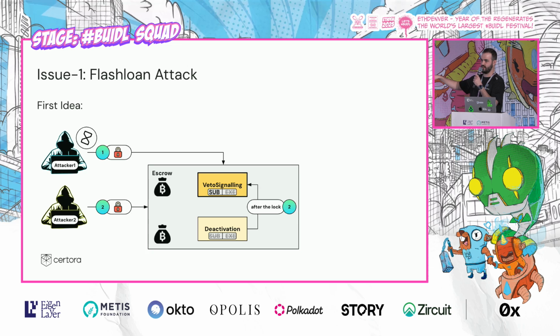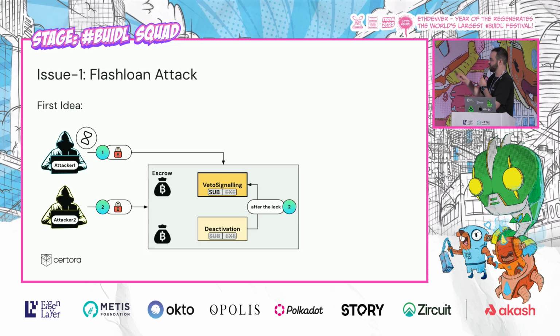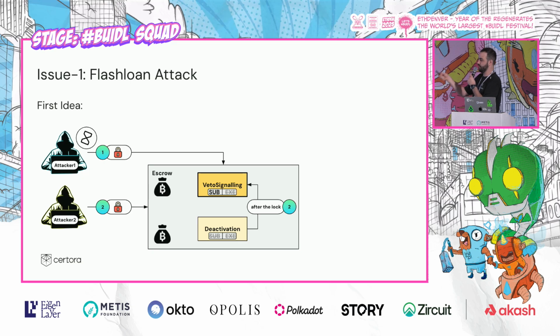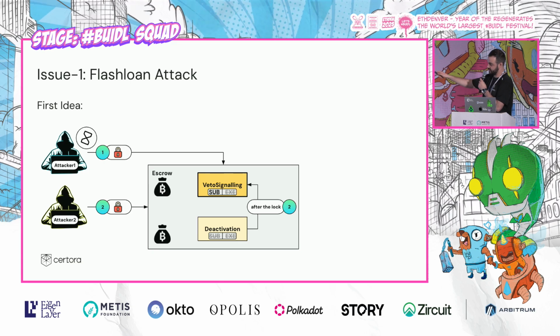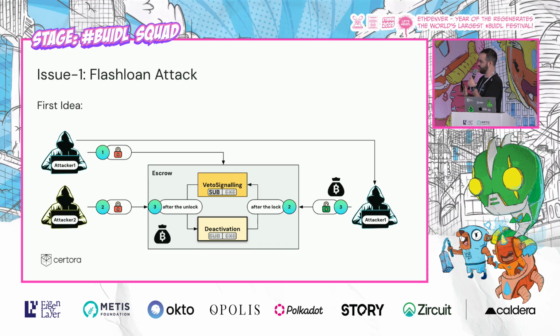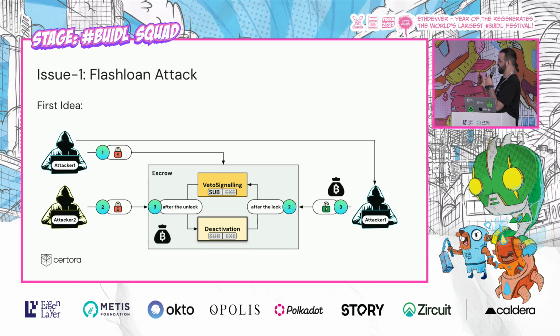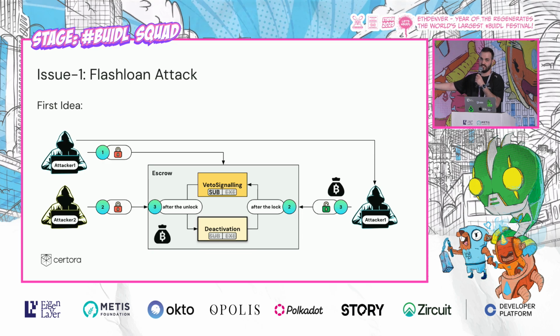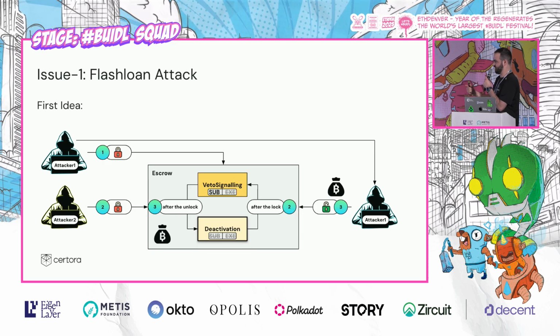Now, once we lock the entire amount of funds needed to trigger the veto signaling, we transfer from the activation to veto signaling. Now the second address of the attacker is stuck for an hour, right? But the first address, because he waited, can withdraw the first half of funds. By withdrawing the first half of funds, there are not enough funds in the escrow to support the veto signaling at this point, which means that again the 24-hour clock refreshes.